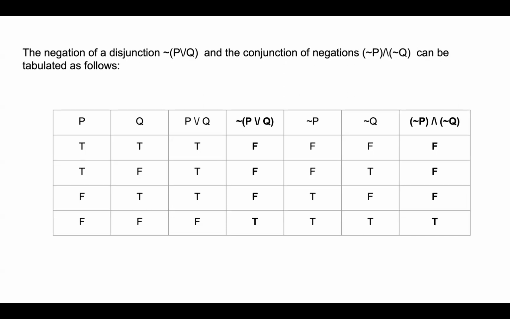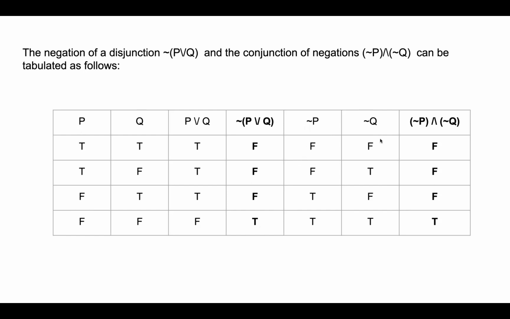Okay, we have a truth table for this. Negation of (P or Q) is equivalent to negation P and negation Q. P, Q, P or Q: it comes like this. P or Q is T, T, T, F. And negation of (P or Q) is the opposite of the third column: F, F, F, T. Then we have negation P and negation Q. Opposite of the first column is this one, and opposite of the second column is the sixth one.